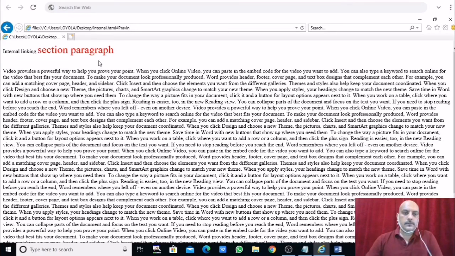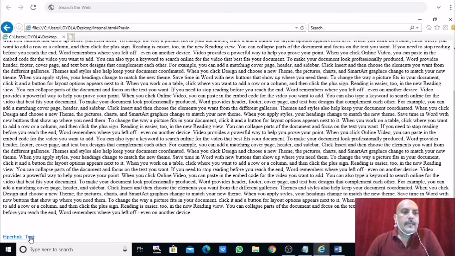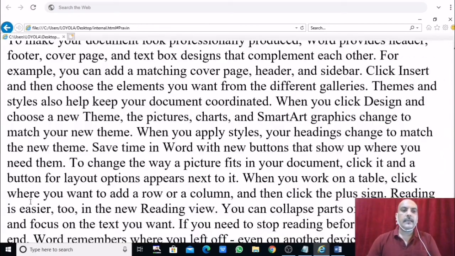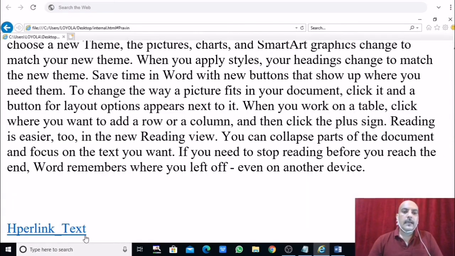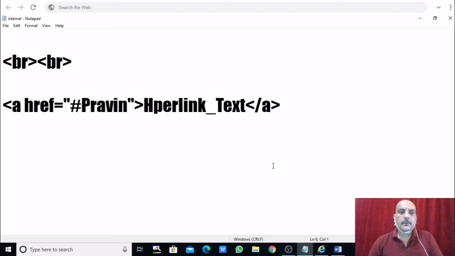See here, section paragraph, and this is actually a paragraph in the same page only, right? Now here the hyperlink text is given. So when I click on this hyperlink text, and this one hyperlink text is there, and BR like that only.